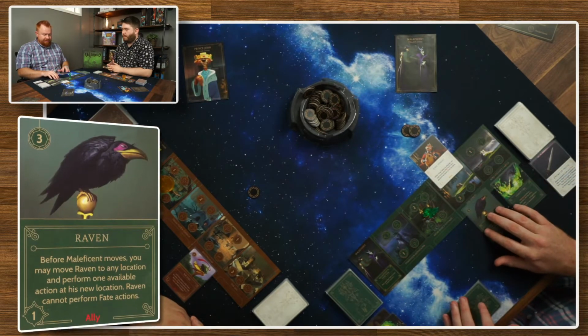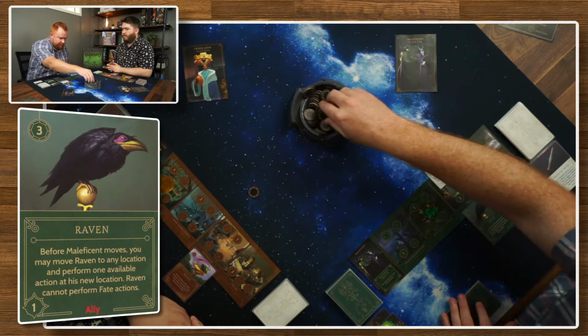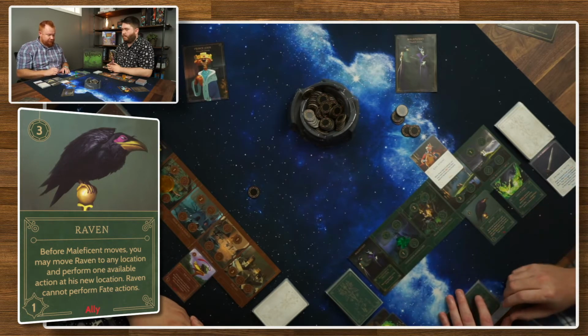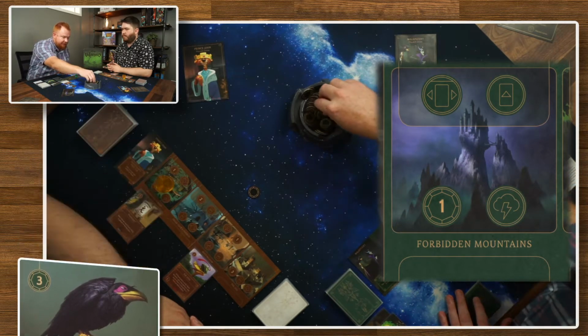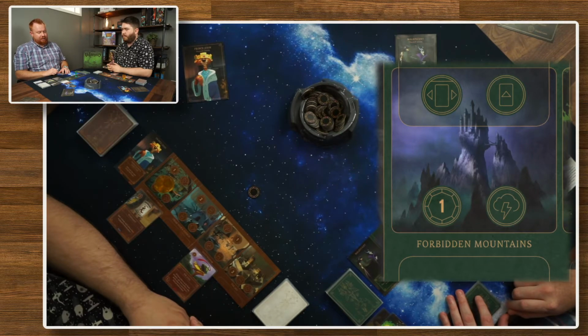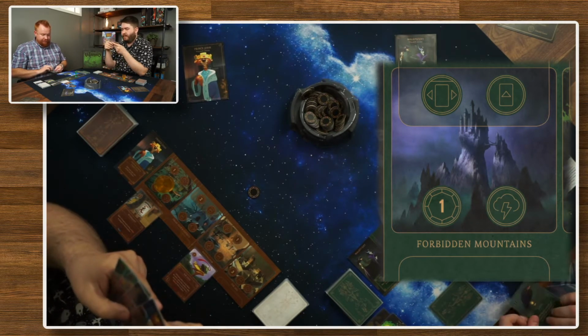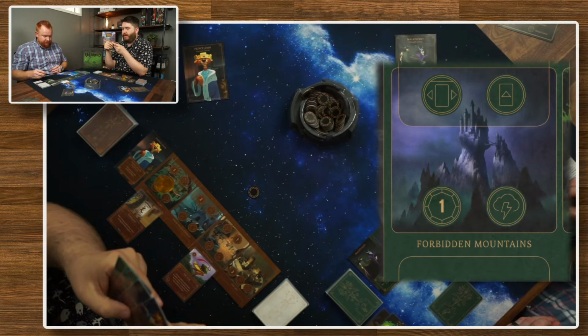Go ahead and move Raven to the forest to gain the 3 power. That's the action I'm going to choose. And then Maleficent will move to the Forbidden Mountains. So first action will be to gain 1 power. Second action will be to move. So I'm going to go ahead and move the Raven to...